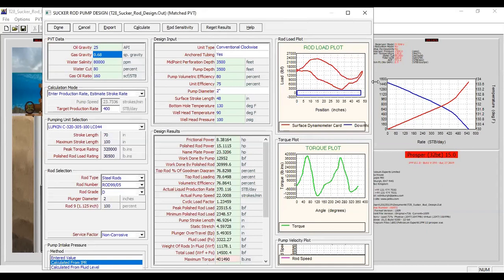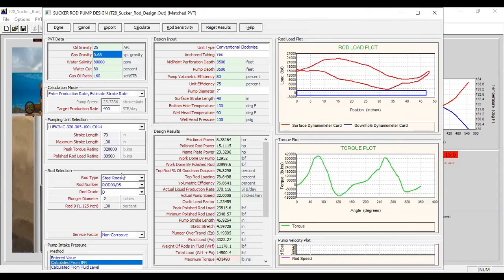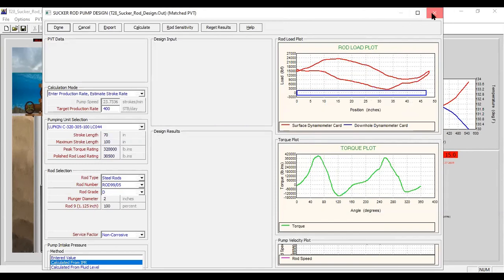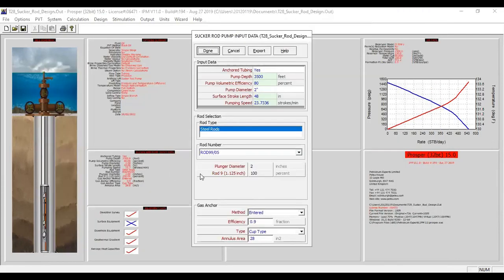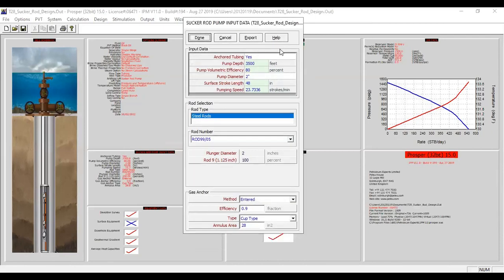Okay, I select the pumping unit, I select the rod type, the rod number, and the rod grade. I choose the plunger diameter, close, and now I go to the suck rod pump section. So you can see this is the configuration of my suck rod pump, the anchor tubing.